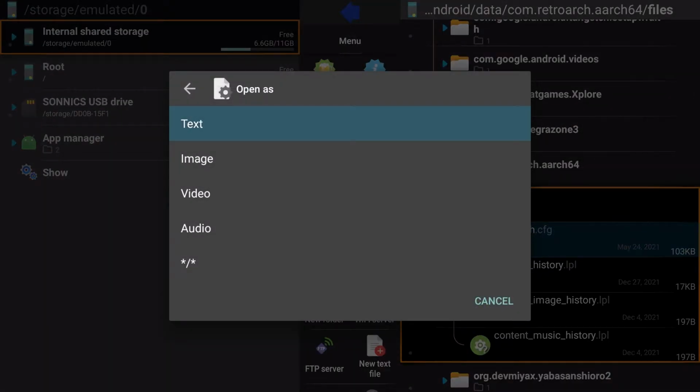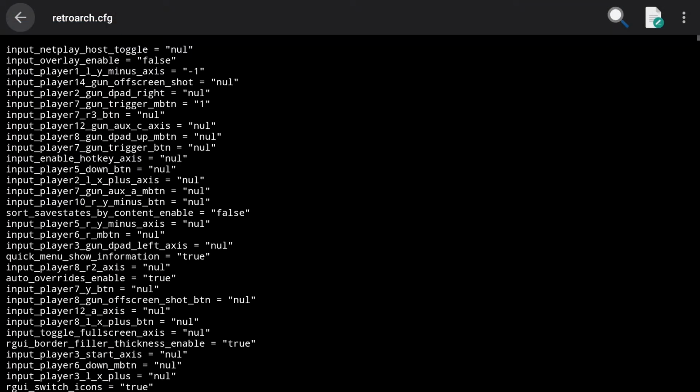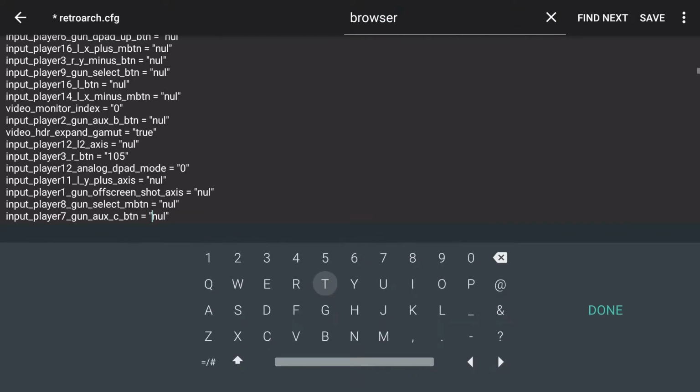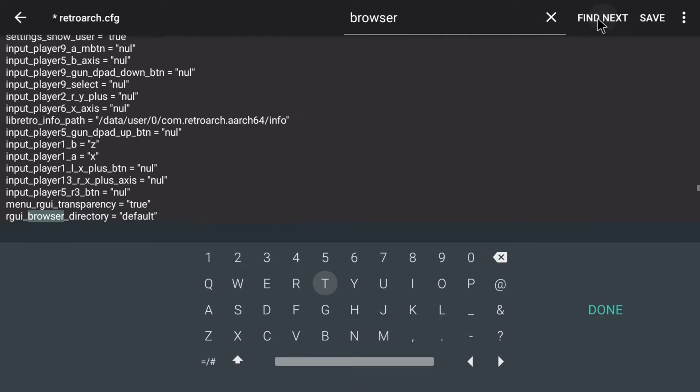Go to the Retroarch config, open up the text file. You're going to need a mouse and keyboard for this part. I already plugged mine in. Search here at the top for browser. It's not browser, for browser. This is going to pull up a little file type called RGUI browser directory. We're going to change that directory to storage / storage /